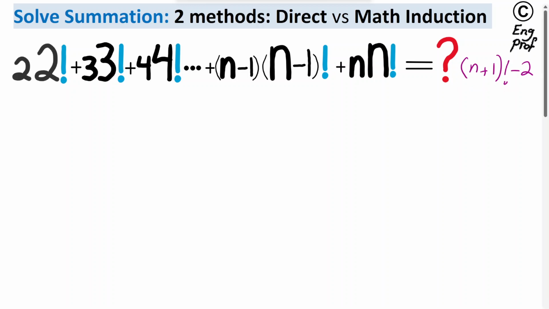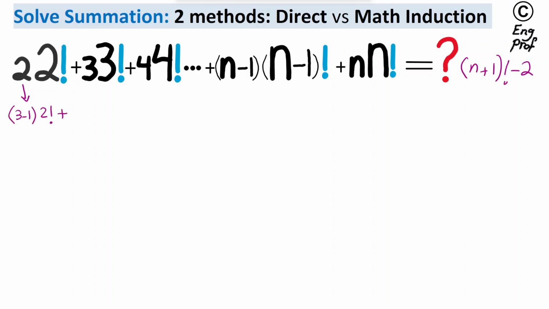That's interesting, and I'm going to prove this using, once, a quick direct method and the other one using mathematical induction, and then we can compare these two. If you're interested only in mathematical induction, you can jump to almost the end of this video to watch the mathematical induction only. So in the direct proof method, very quickly, I can write 2 as (3 minus 1) times